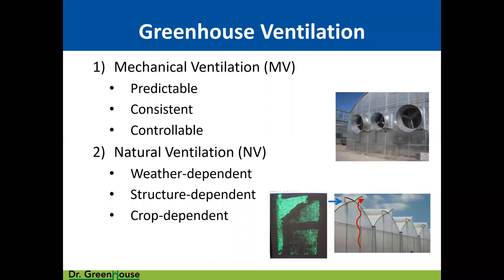Depending on the orientation of your greenhouse, depending on the location of the vents, will facilitate or even inhibit airflow coming in and out of your greenhouse. And it also can be very crop dependent. If you have very tall crops, they act like big obstructions to airflow. But if you have low-lying bed crops like lettuce, then that air can more freely move through the greenhouse.